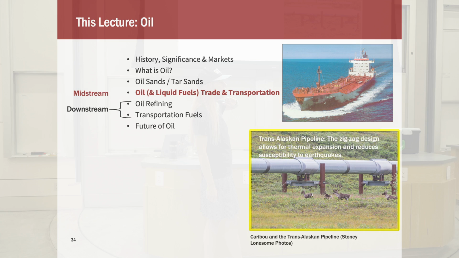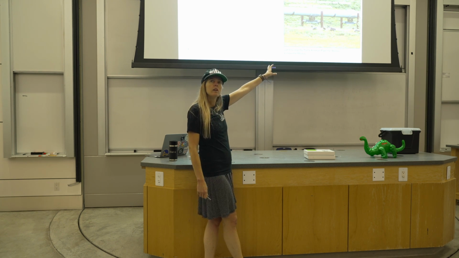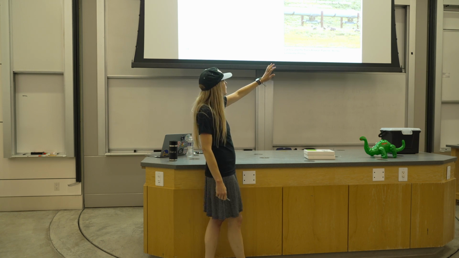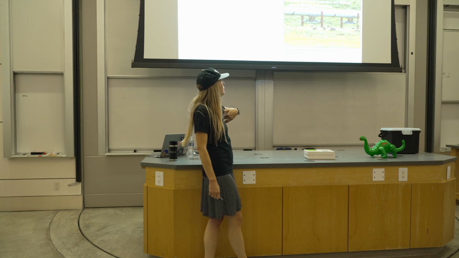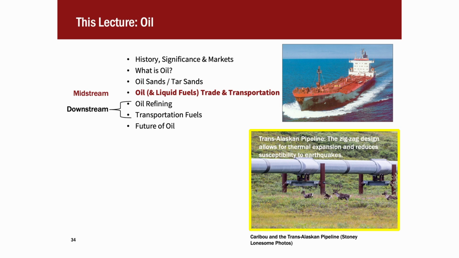It's been in place for a long time, bringing oil from the North Shore, which Jane talked about in terms of oil production that's happening on the North Shore of Alaska, down to places like California and the lower 48. You can see it's above ground partially to allow wildlife to go under the pipeline. So you can see it's up high enough for like the caribou and stuff to continue to migrate.